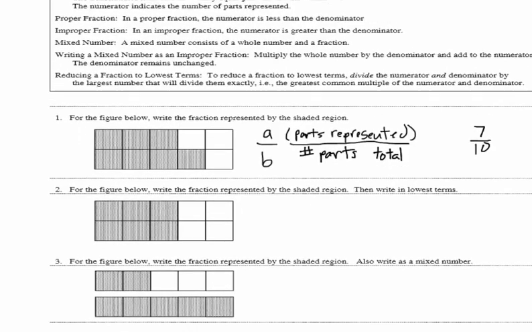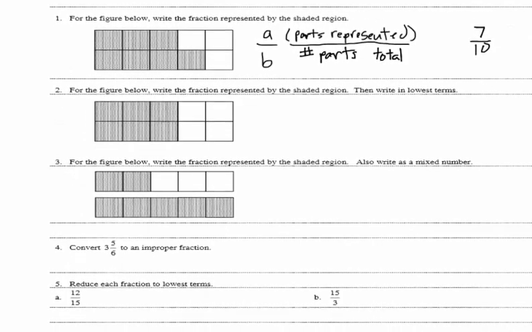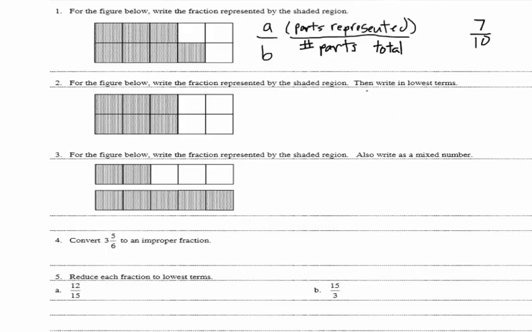In 2, we have the same directions as 1, and we want to write it in the lowest terms. So again, we have 10 equal squares. So we have 10 in our denominator. And if we counted the shaded regions, we have 1, 2, 3, 4, 5, 6. So 6 is going to go in our numerator, representing the number of shaded squares we have out of the 10 total. And if we divided the numerator and the denominator by 2, we would get 3 over 5 in